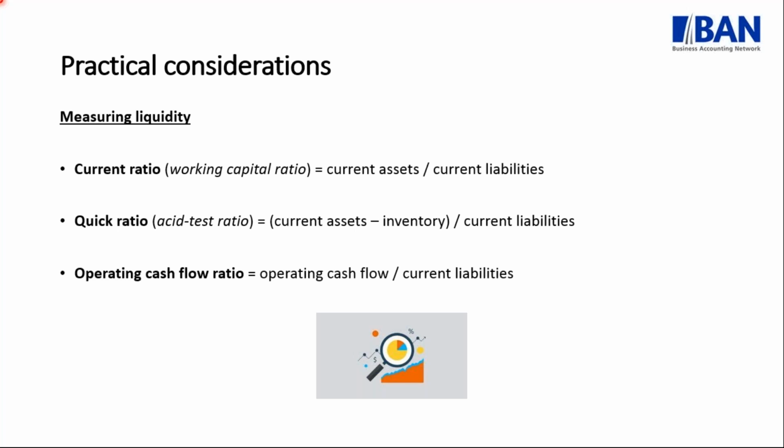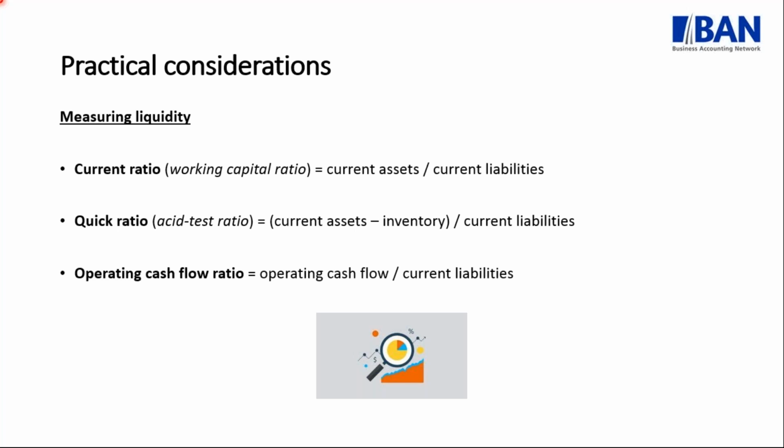So let's first of all look at your current or working capital ratio. This is calculated by taking your current assets of your business and dividing it by your current liabilities. So it refers to your short-term assets and liabilities and how well you are managing your working capital cycle. And ideally, this ratio should be greater than 1. I think the norm is usually 2 to 1, then you're in quite a good liquidity stage. If you track your current ratio and you see it's dropping to about 1.5 to 1, the warning signs need to be there.